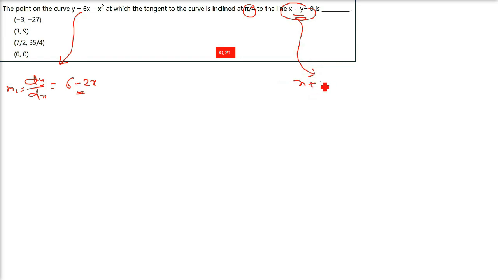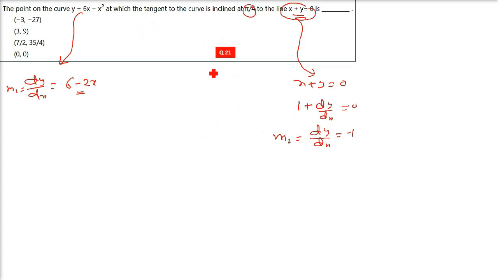It is just that the tangent is having this angle with this line. So we'll find out the slope of this line. How to find out the slope of this line? Same thing. We'll differentiate it. So in this case, dy by dx is equal to -1. So m1 is 6 minus 2x, m2 is -1, and the angle between these two is given in the question